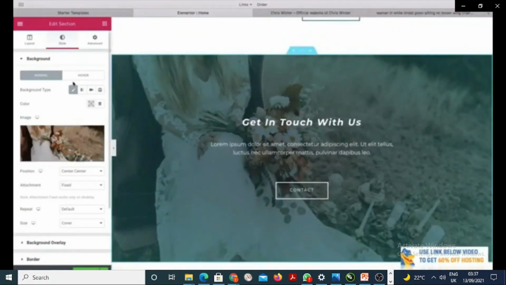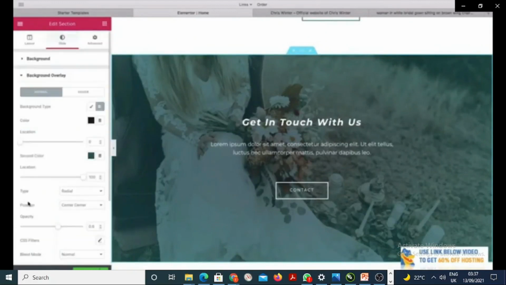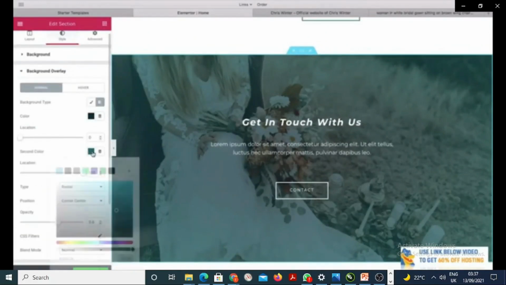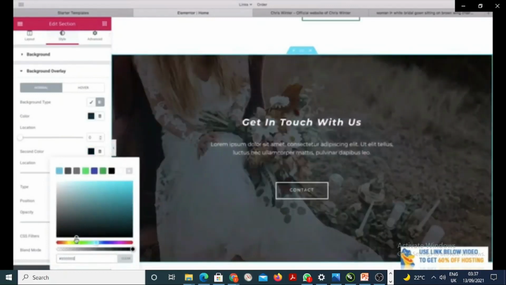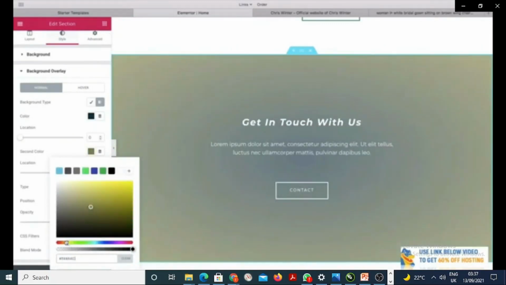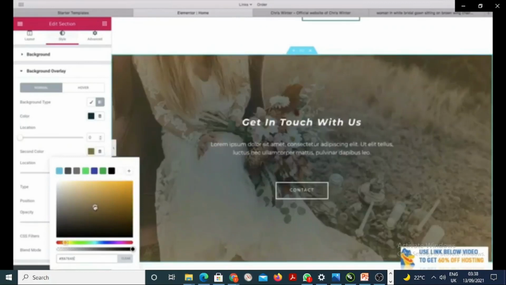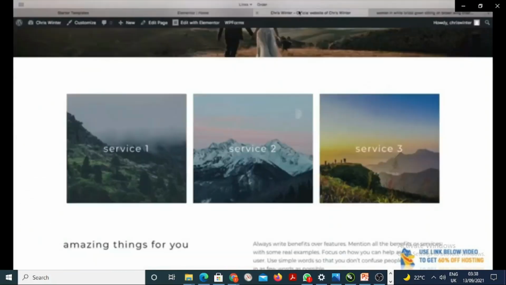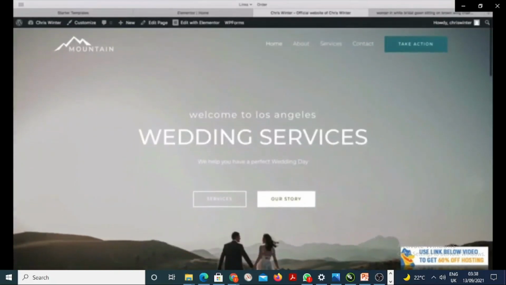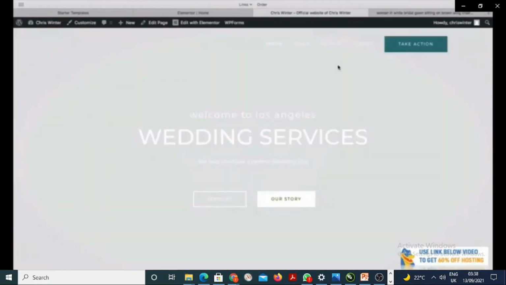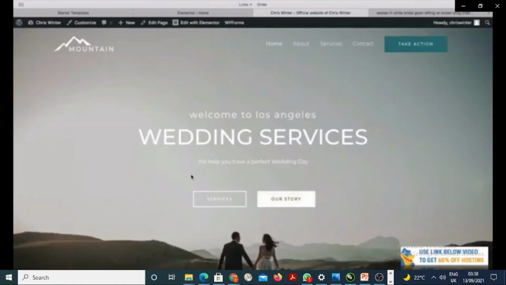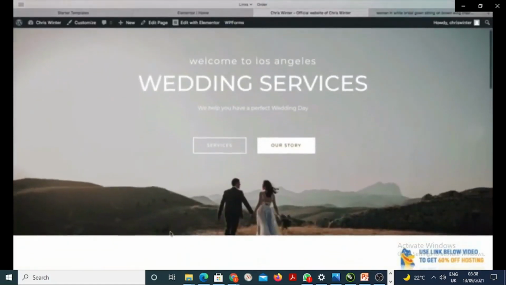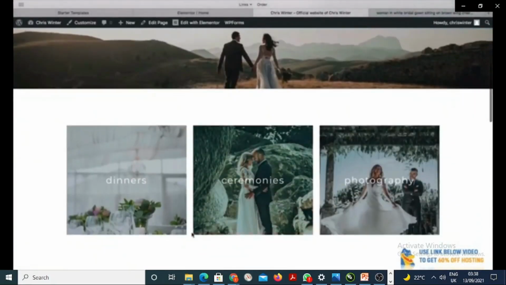And we don't like this blue background, so let's tweak it a little. I will go to background overlay. We change the second color, just make it a darker color. You can make it a little bit lighter, but perhaps let's take this one. This one is okay. Again, we update, and let's take a look at our website. You see our website is taking good form. So you see our image, our text,